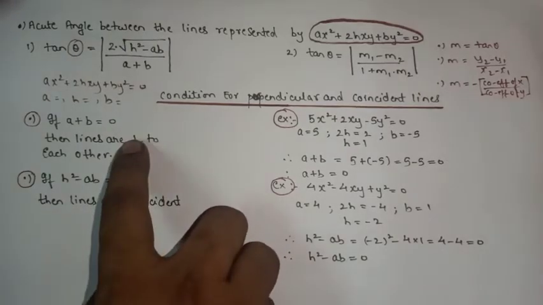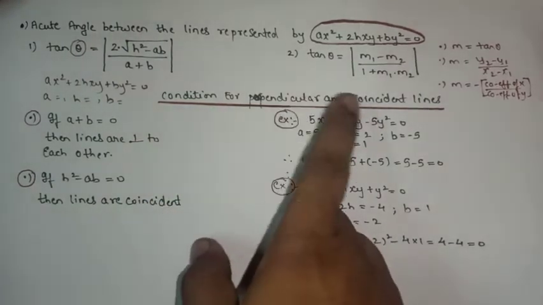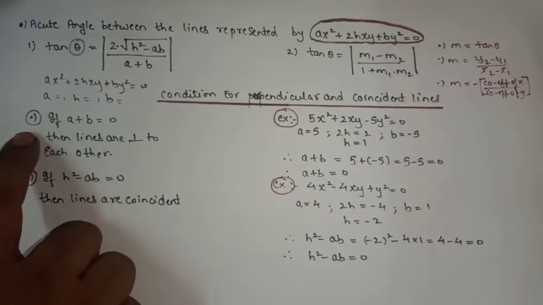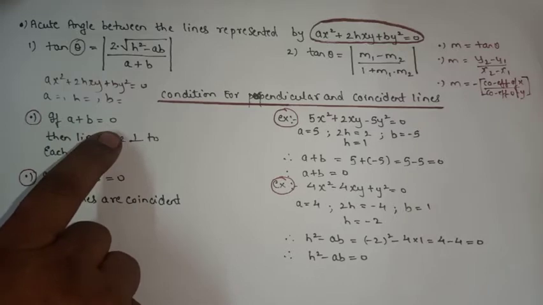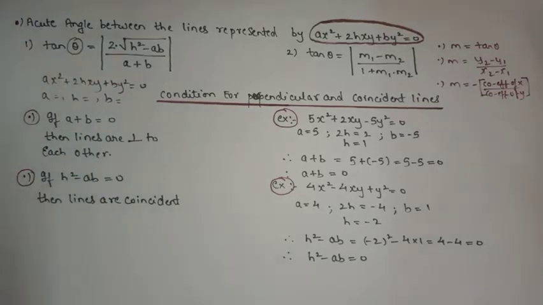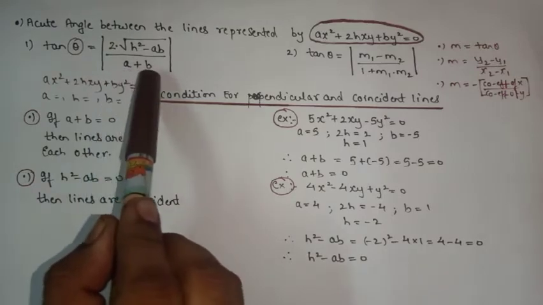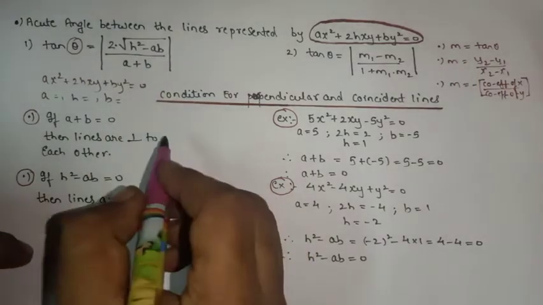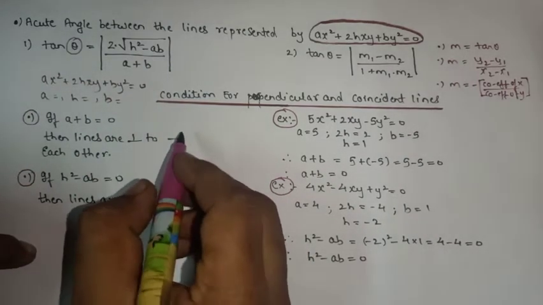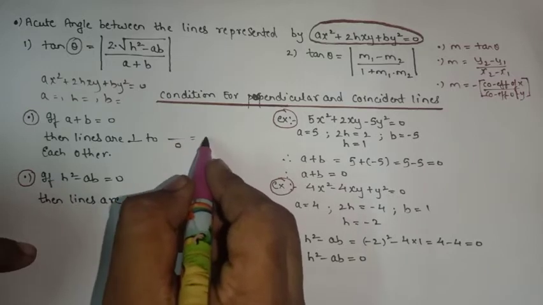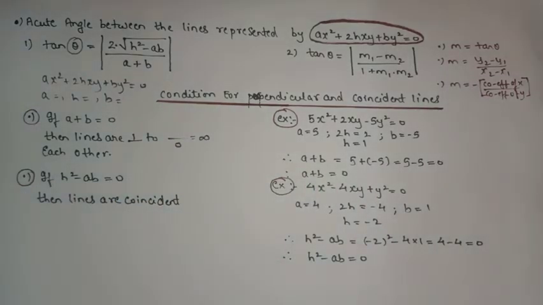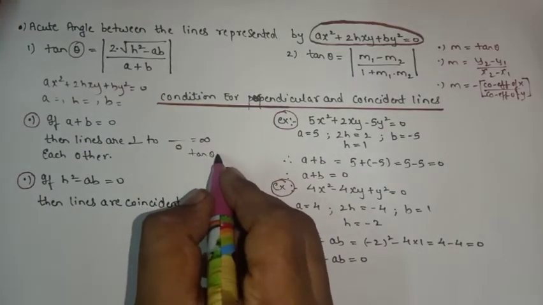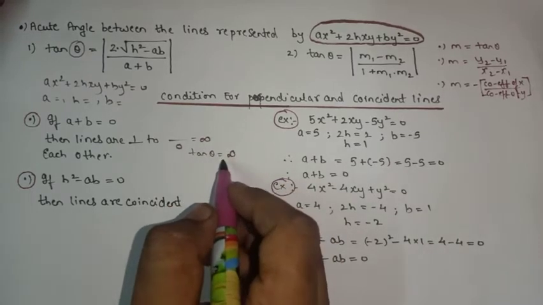Now here we have the condition for perpendicular and coincident line. So we'll check the first condition. It says that if a plus b equals to 0, that means this part, denominator part, is 0, so the denominator is 0. Okay, so can I say if the denominator is 0, that means the answer is not defined? Yes or no? So answer is not defined, therefore we can say tan theta is equals to not defined, and we know that tan theta equals to not defined means